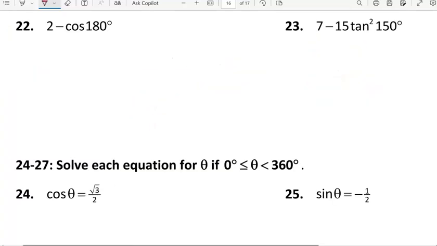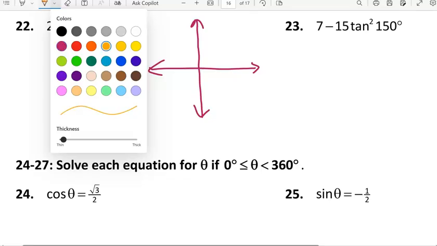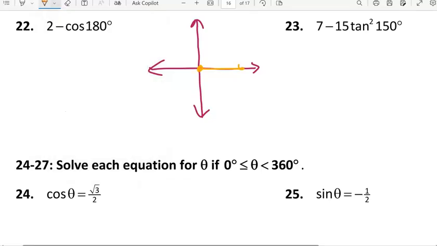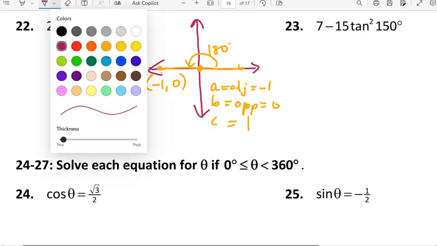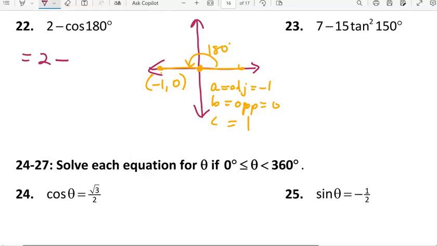In 22, we have a 180-degree angle that we're working with. That's a quadrantal angle, so we probably just want to draw the angle and get the endpoint for its terminal side. 180 degrees is a half spin from the positive x-axis, so that means the endpoint is negative 1, 0, and that means that A, our adjacent side, is negative 1, B, our opposite side, is 0, and C, our hypotenuse, is 1. So our expression is 2 minus